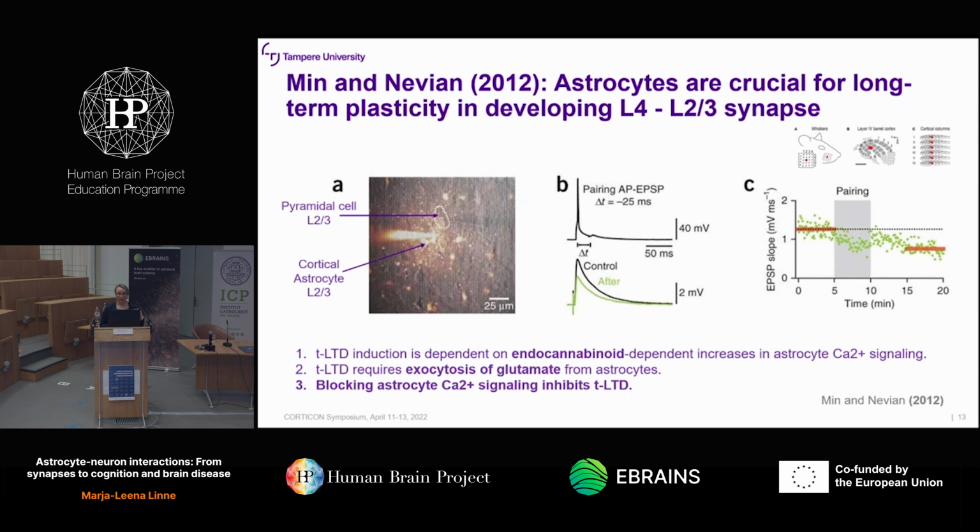So we took this data into consideration and developed a hypothesis that astrocytes modulate long-term depression in the developing somatosensory layer 4 to layer 2/3 synapse through complex calcium signaling mechanisms. We have to note that these studies, Min and Nevian, and then also a later group from Paulsen, didn't really show the underlying mechanisms, though there were a couple of hints. But then we had to go to this huge literature regarding astrocytes in order to further understand what's going on in this synapse.